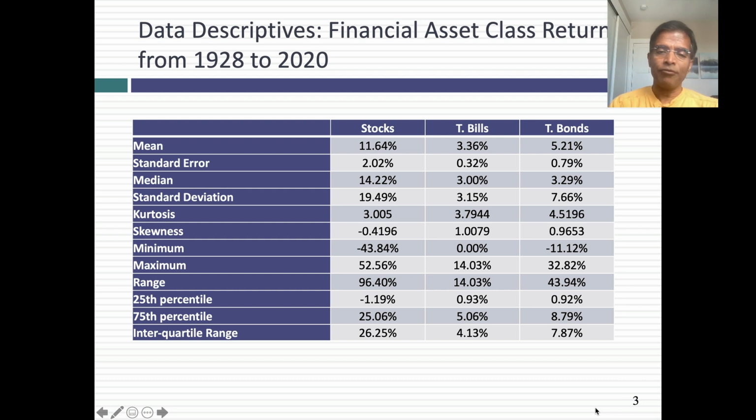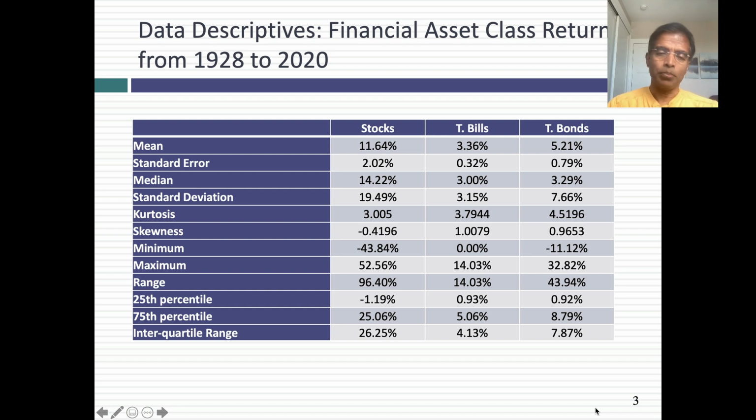Let's start with the average returns. Between 1928 and 2020, the average annual return on stocks was 11.64%. How did I get that? Well, I just added up the returns on stocks every year from 1928 through 2020 and divided by 92. So that was pretty straightforward. It was the average return. Actually 93. In fact, the reason it's 93 is you start with 28 and you can check it out. It's 93 years. For T-bills, I added up the returns every year divided by 93, 3.36%.